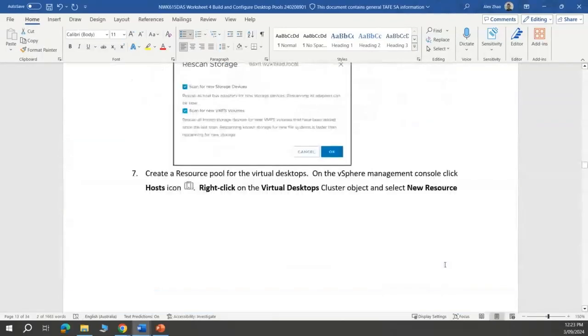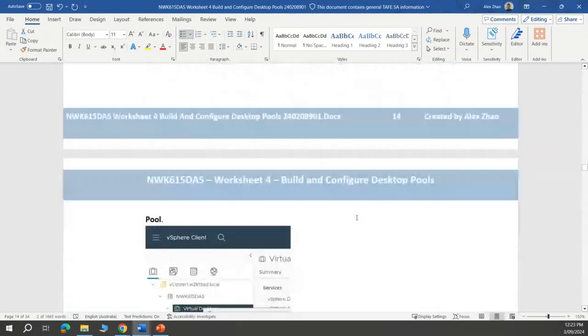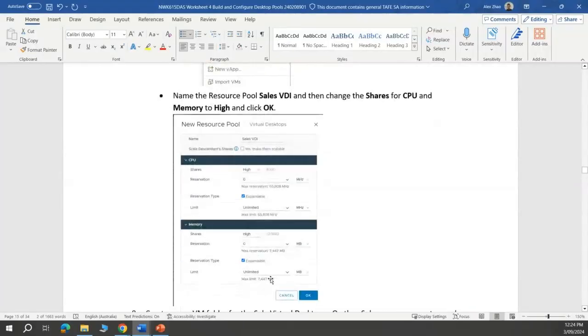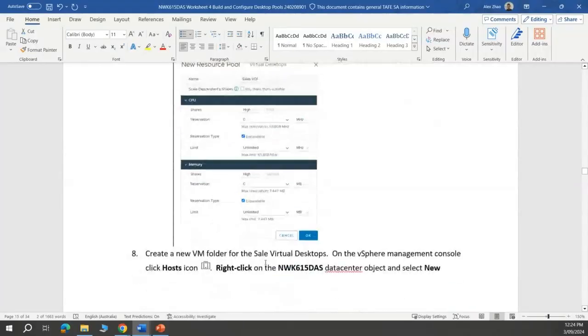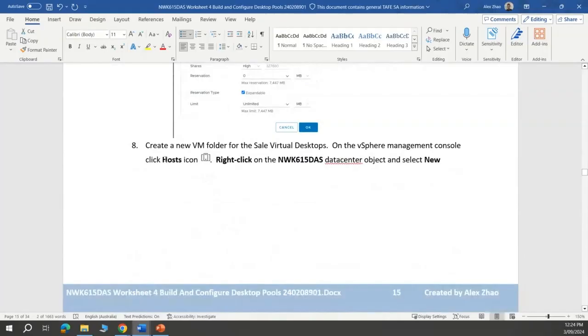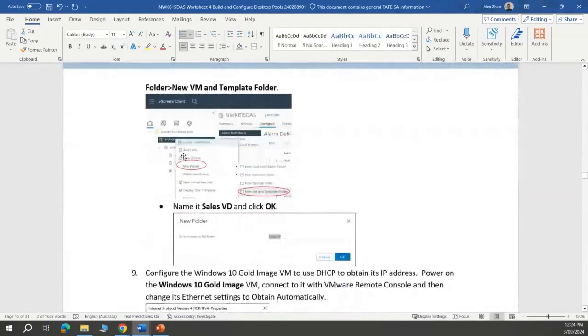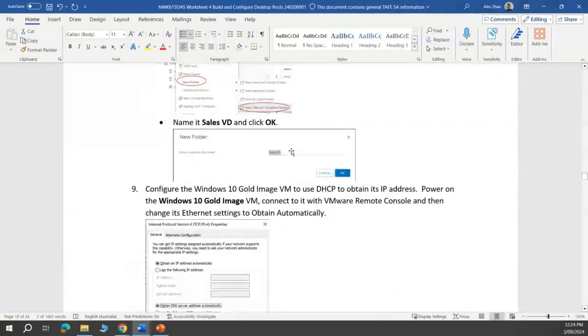All right, so then we need to create a resource pool. So the instructions are right-click, new resource pool. We're going to call it sales VDI, virtual desktop infrastructure, and we're going to make sure it's all high shares because we don't want any limitations on our resources. And then we're going to go here and we're going to create a new folder for virtual machines and templates. This is where we're going to store the virtual machine,